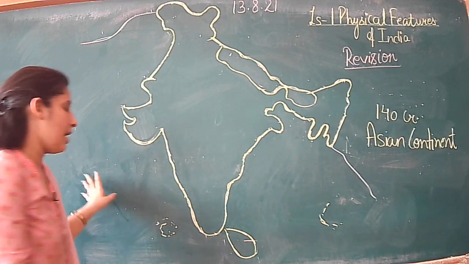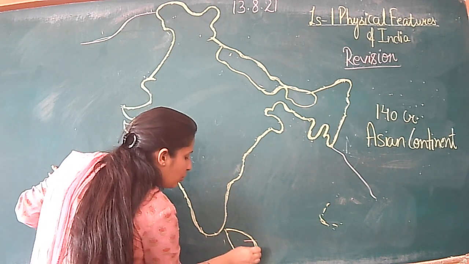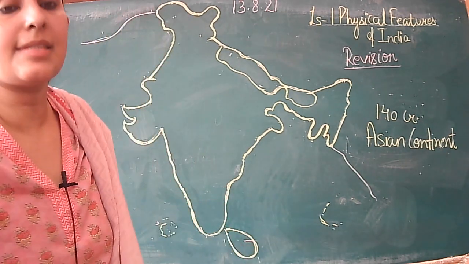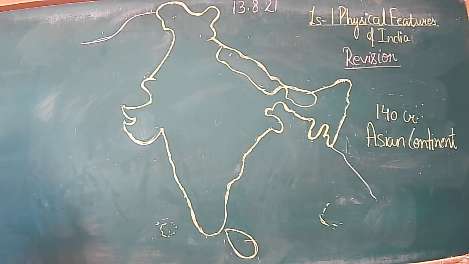After drawing your map, make an oval or a drop shape here. Here we have a neighboring country in the south, that's Sri Lanka. Yes, we have Sri Lanka here. We will label it here as Sri Lanka. Now we will label the countries